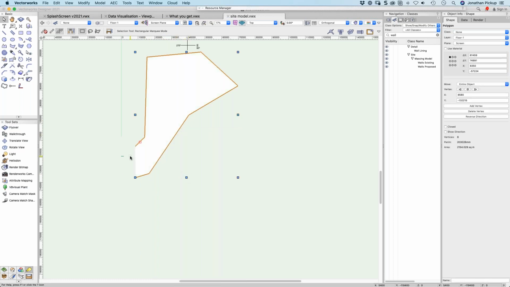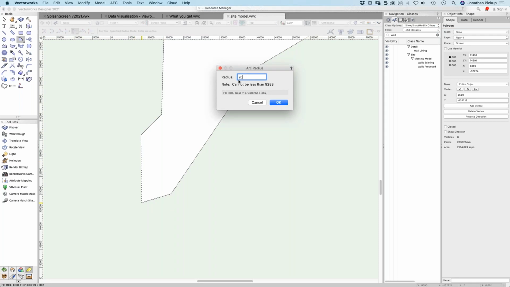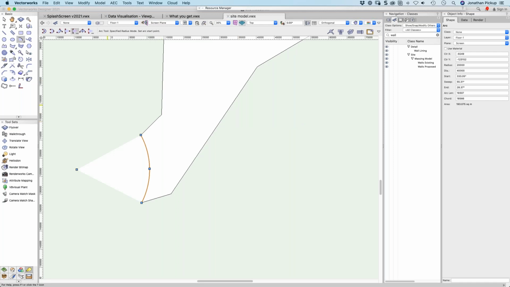Now that's a polygon. Now let's say, for example, you knew the radius of that curve through here. You go to your arc tool. We're going to use arc and radius. So click there, click there. Now we know the radius is 20 meters, for example. If I grab that curve,